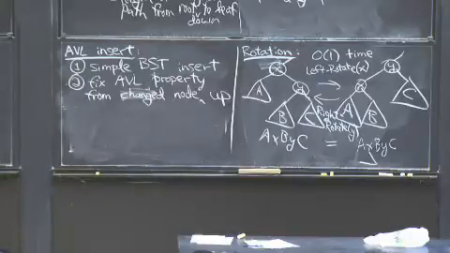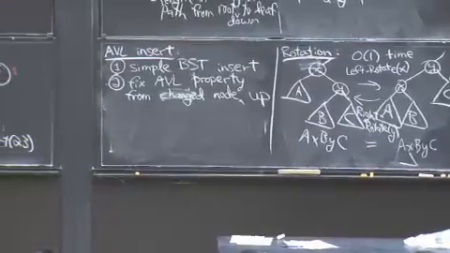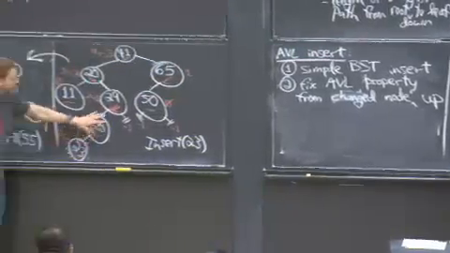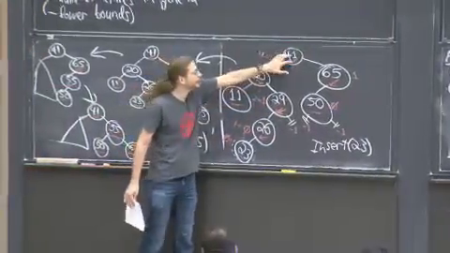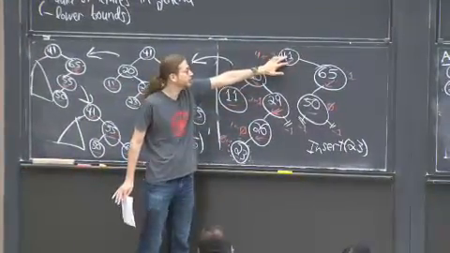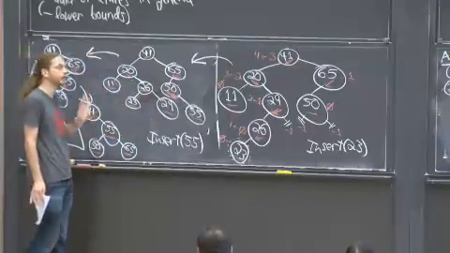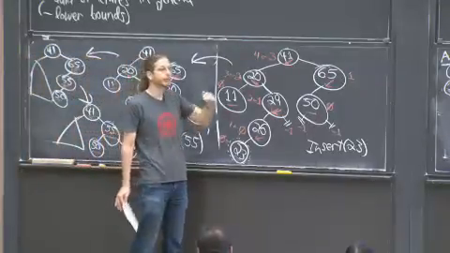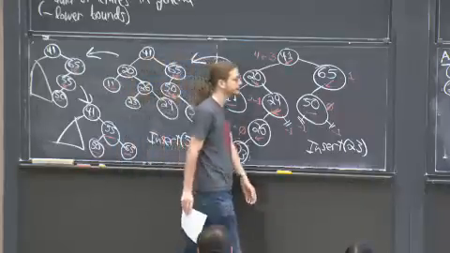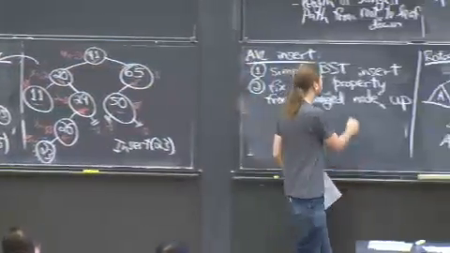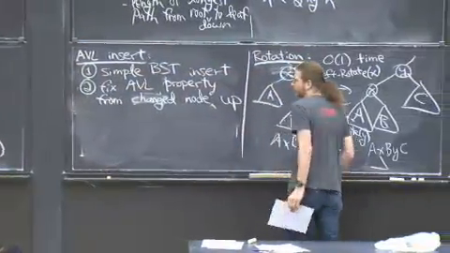What we did was look at the lowest violation of the AVL property, and we fixed it. When we do that, there still may be violations higher up. Because when you add a node, you change the height of this subtree, the height of this subtree, the height of this subtree, and the height of this subtree, potentially. Right? It happened in these cases when I was done. When I fixed 1 violation, they were all fixed. But in general, there might be several violations up the tree. So that's what we do.